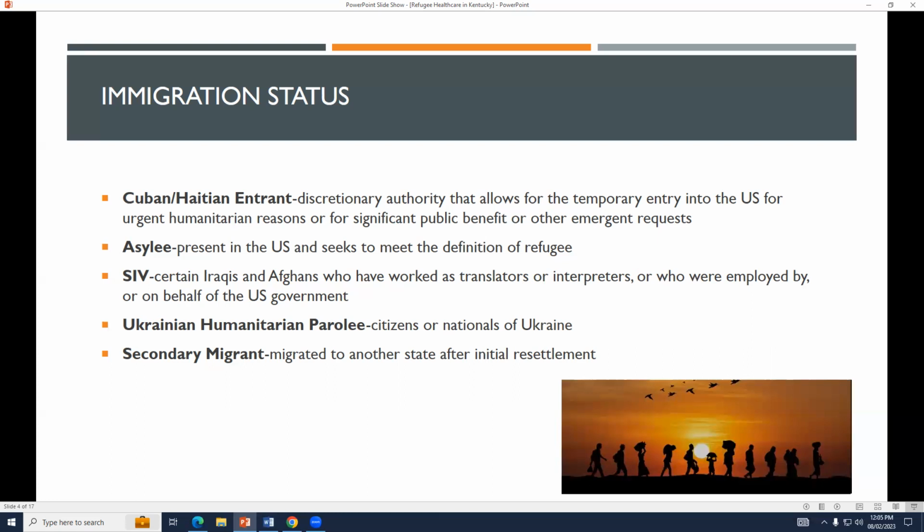Then we have an SIV. Those are special immigrant visas. Those are people from Iraq or Afghanistan who worked for the U.S. government during the ongoing conflicts there. Then Ukrainian humanitarian parolee, that's a new status that we're seeing referring to individuals who need resettlement based on the